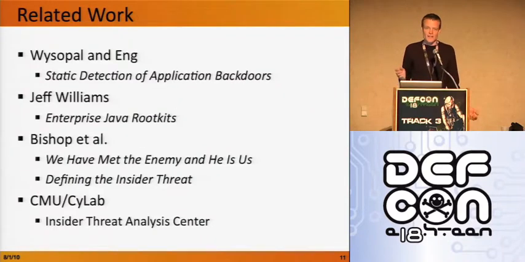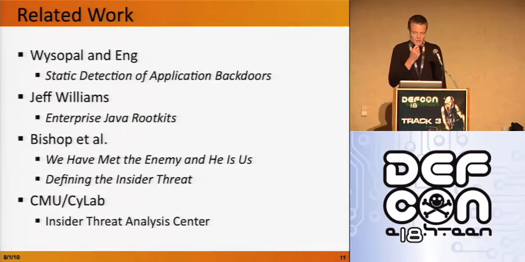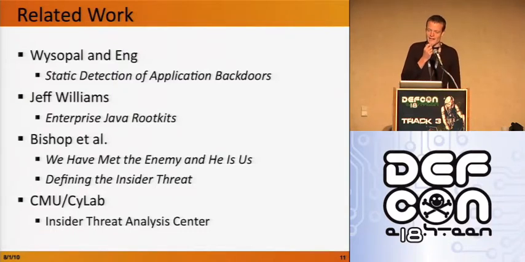We have to acknowledge some related work here. This is a relatively new field, but there are plenty of people that have made important contributions. Wysopal and Eng published a great paper about using static analysis on binaries to detect backdoors and other insider threats. Jeff Williams has done work in this area. Matt Bishop, who I mentioned earlier, and various co-authors of his, are approaching it very much from the view that we need an academic underpinning for all this. We need to define the terms and give formal definitions for what we mean by an insider and a threat